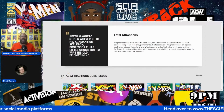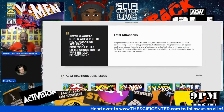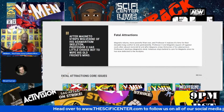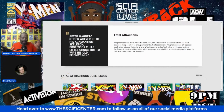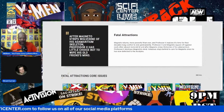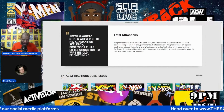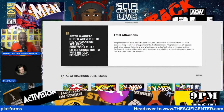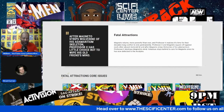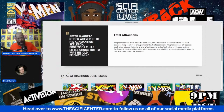I forgot which anniversary X-Men was on, but they made it so that they highlighted the anniversary, and this has been an entire existence-long struggle of the X-Men. Ever since Magneto was introduced, from the base villain that he was in X-Men #1, each time you saw him, he made the case. He made the case that what he was doing was for the protection of mutant kind, and it was always